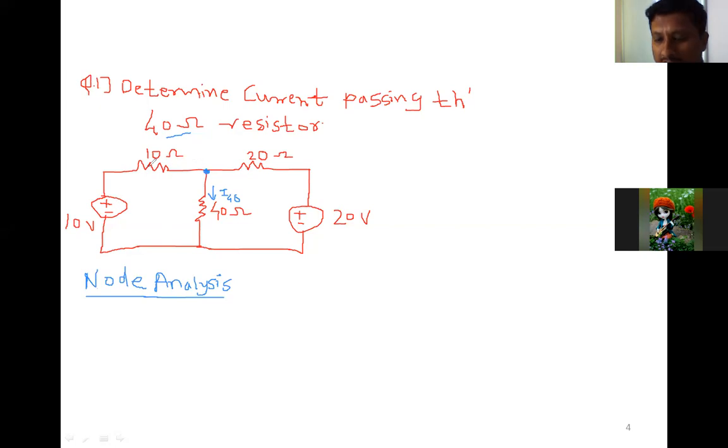This is the first branch. This is the single branch. Even though there are two different components, one is the resistor and another is the voltage source, they are connected in series. So this is considered total as a first branch. I will write here first. This will be the second. Total 3 branches will be there: 1, 2, 3. So these 3 branches are meeting at this point. Similarly, they are meeting at this point also.